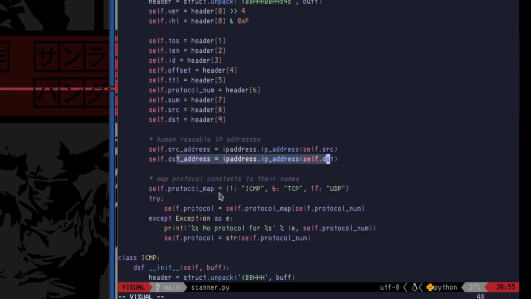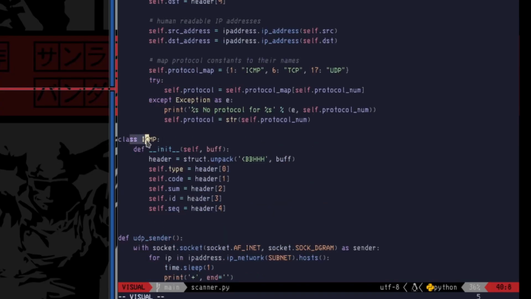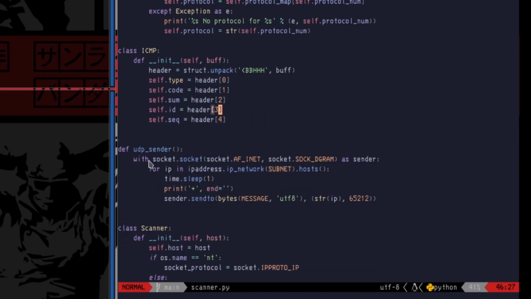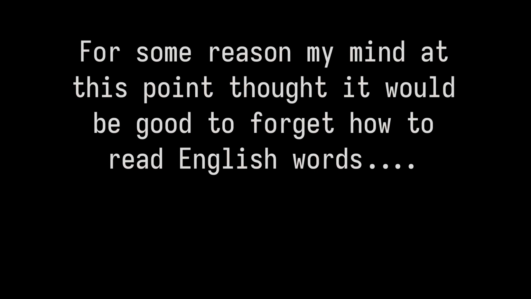Now here, this tool is only going to be looking at ICMP, so things like your ping, TCP, and UDP. And here, if it comes across an ICMP packet, this is just grabbing information from that. And this UDP sender,